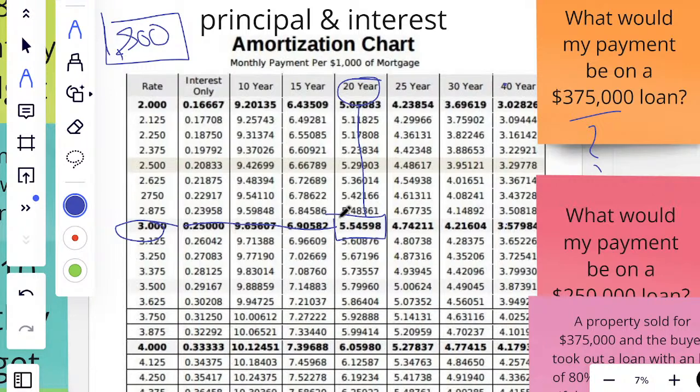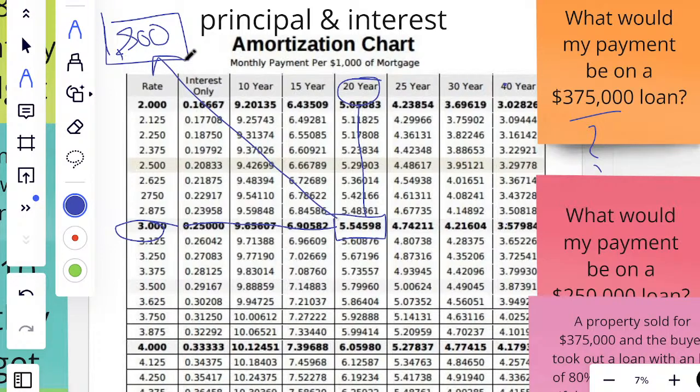What do you think our first step would be in this situation? The first step is that we would divide